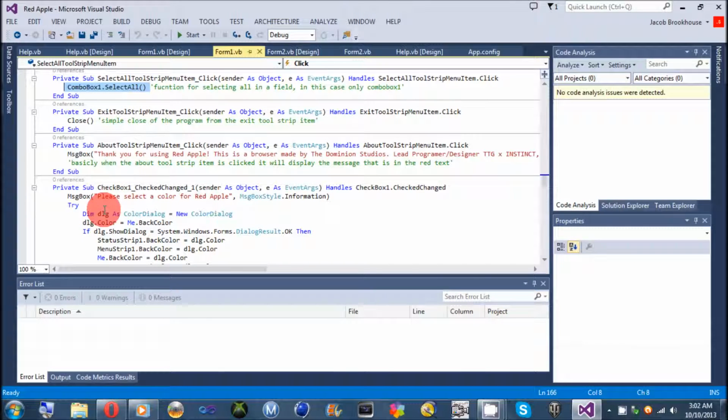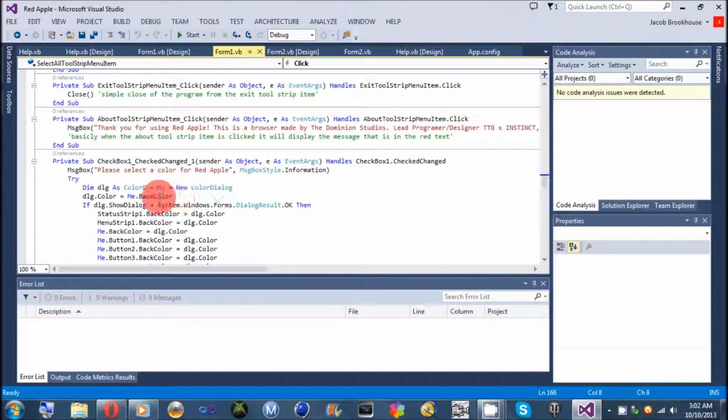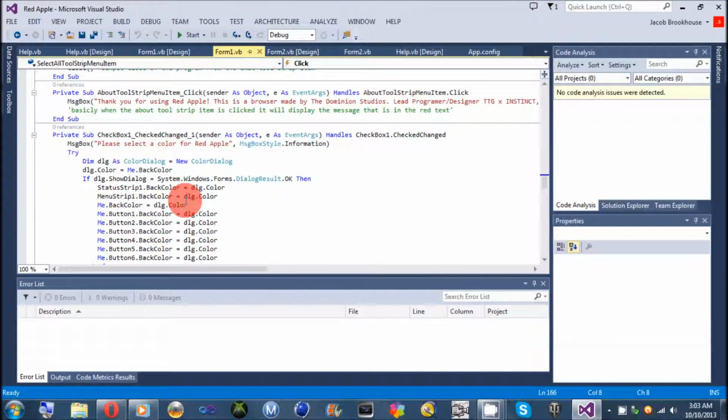Now this is the color changer right here. Please select a color for red apple. So it tries to dim dlg as color dialog equals new color dialog. So basically it's creating a color dialog, so when you click on this, it opens up the color dialog to change the color. Now if dlg.showDialog equals system.windows.forms.dialog result.ok, then